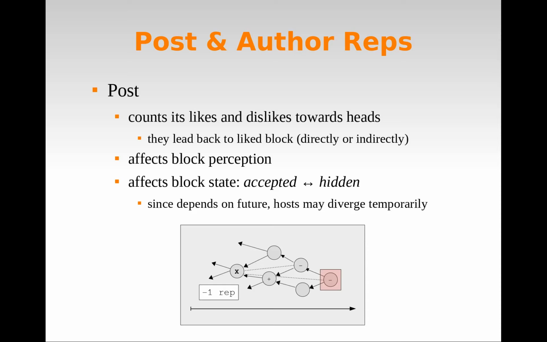This is not a problem because hosts will converge eventually, and blocks with too many dislikes will be correctly hidden. It's also important to note that a host cannot choose at will if it will hide a content or not, because the other peers will demand a proof about the real state of the block. In this example, the host will have to show the dislikes which are signed by other authors.